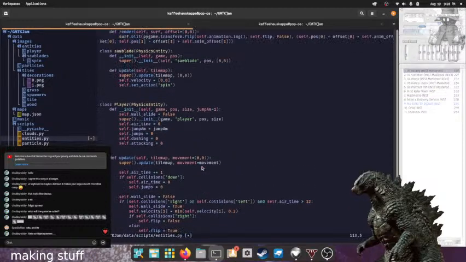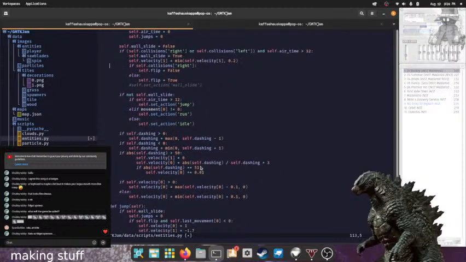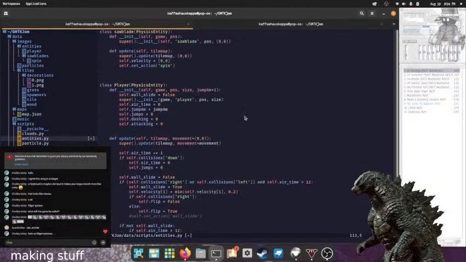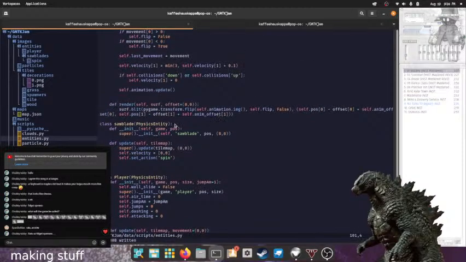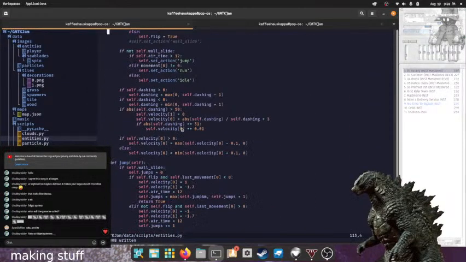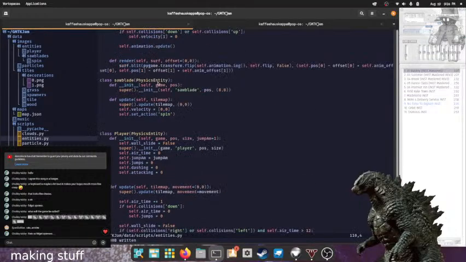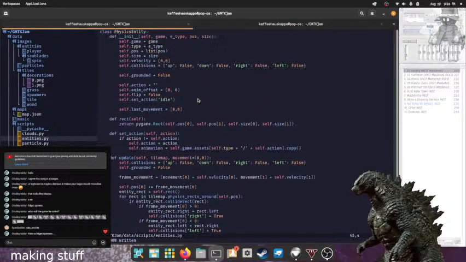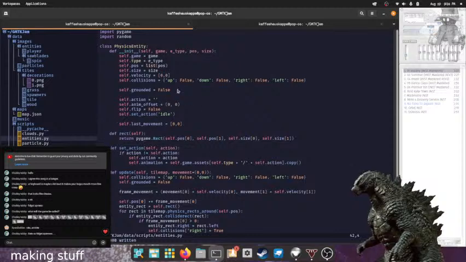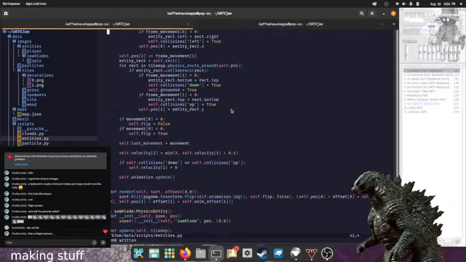I believe there's a way to actually check if you're overlapping something, so I'll do that and then check if the rect overlapping belongs to a saw blade.